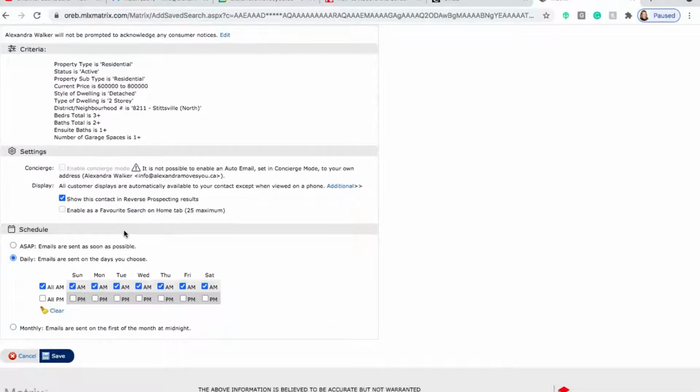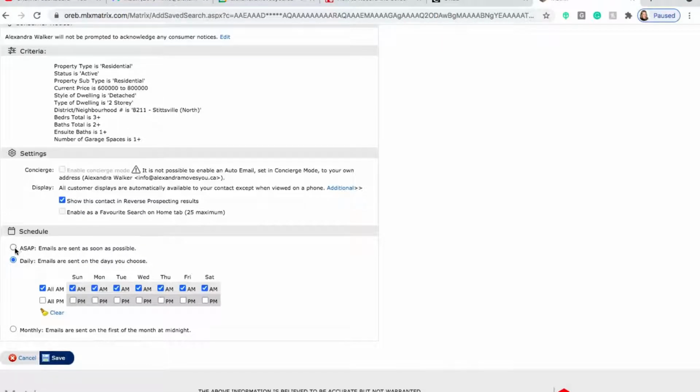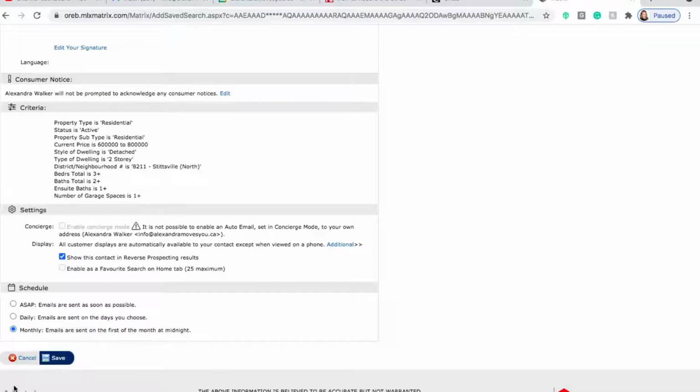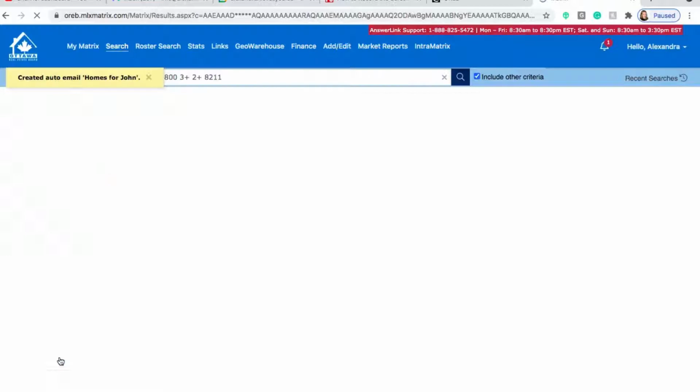We can't do this right now because this is an auto. If you want emails to go out to them as soon as the listings come to market, you're going to click ASAP. If you want them to go out daily, you can choose the days, monthly, etc. So I typically pick ASAP, especially if it is a client who's looking to do something right away. I'm going to click Save,